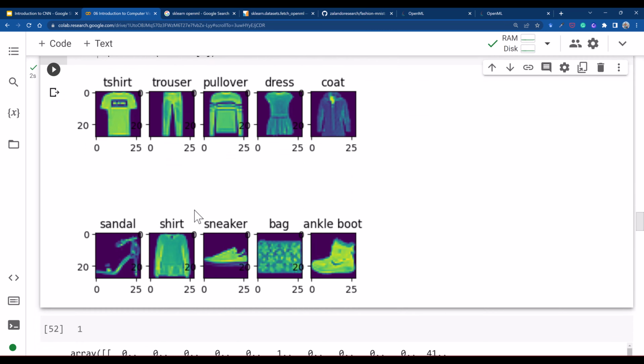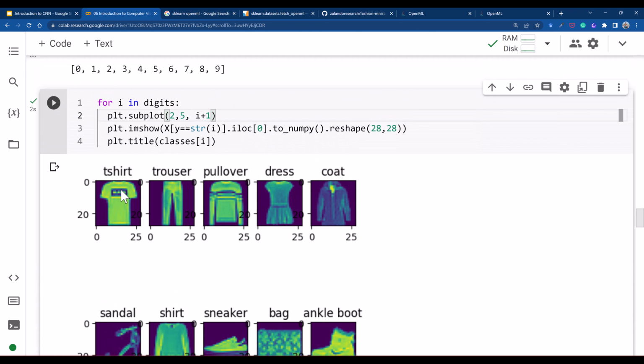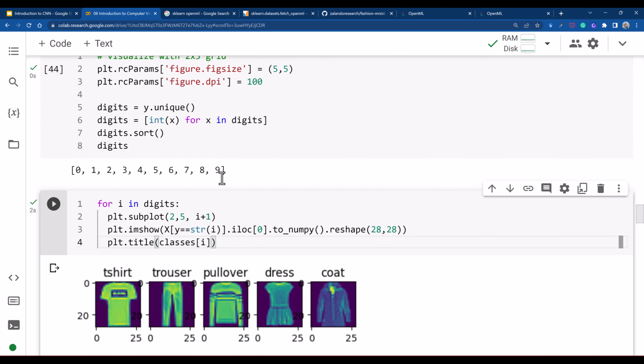Once this is plotted, I'll tell you here. So i plus 1, it starts from here. This is 0, 1, this is 1, 2, 3, but i starts with 0. So 0 plus 1 is 1, 2, 3, like that it runs there. Let's go ahead and